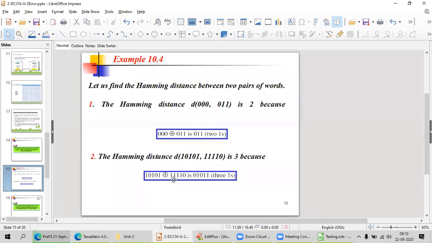Next 0 and 1, a change, so I add 1. 1 and 1, no change, 0. 0 and 1, change, 1. 1 and 0, changed, so I add 1. The result is 01011. This is the resultant of the XOR operation. There are 3 ones, so the Hamming distance between these two code words is 3.